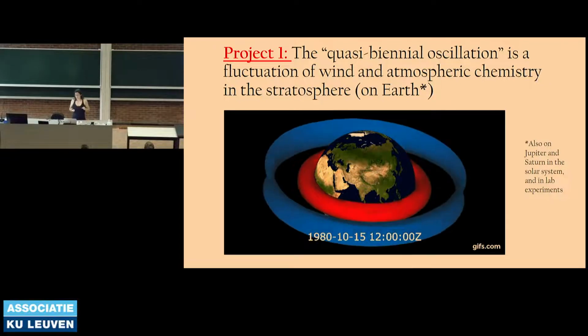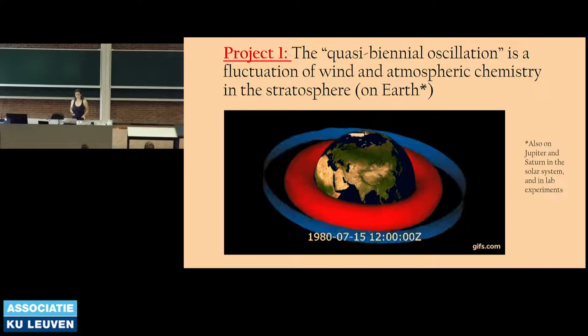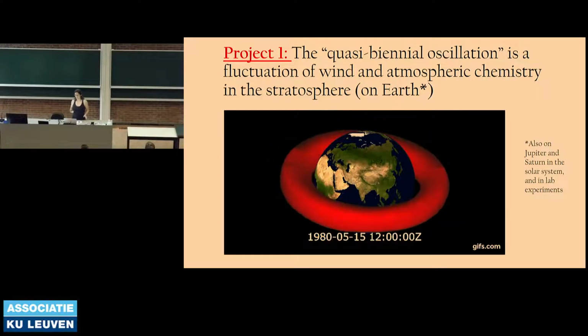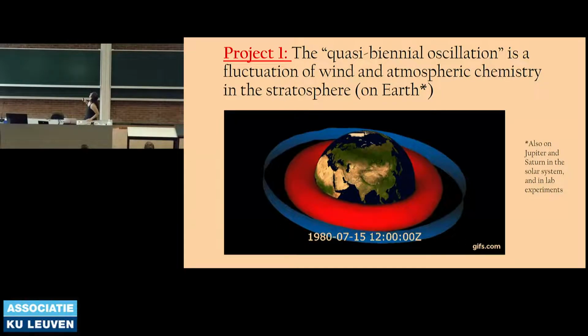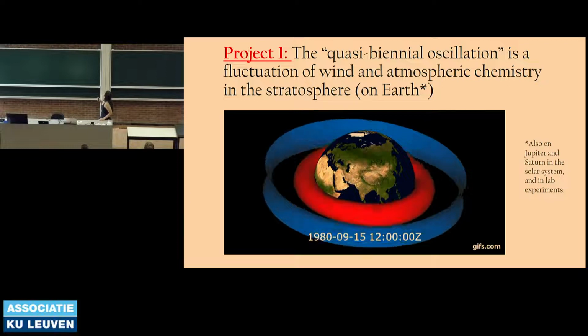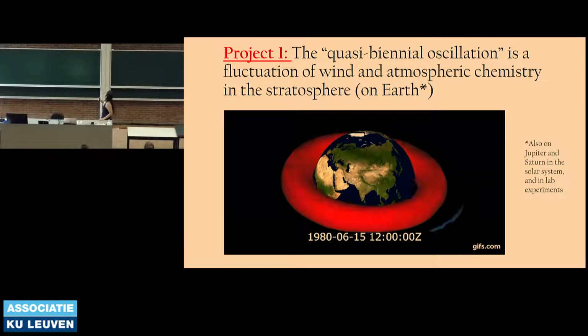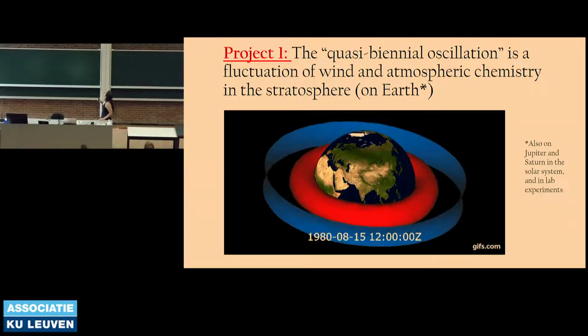So project 1, the quasi-biennial oscillation is a fluctuation of wind and atmospheric temperature in the stratosphere on Earth. And the GIF that you're seeing is a kind of representation of what that means. The colors represent wind flow direction, and these bands represent jet streams, which are high up in the atmosphere. So the red is an eastward flowing jet, the blue is a westward flowing jet, and you can see that